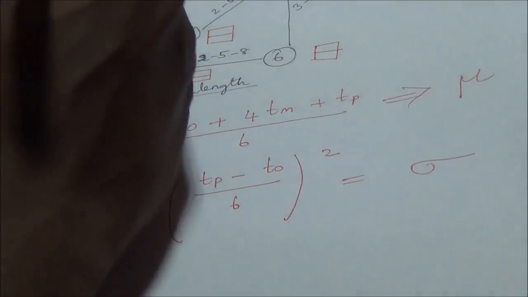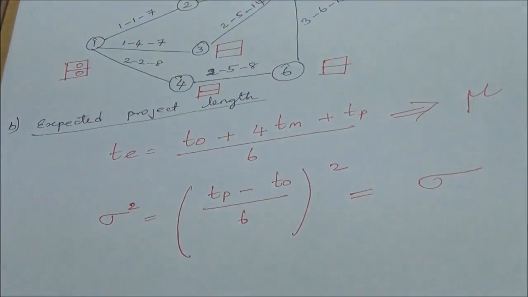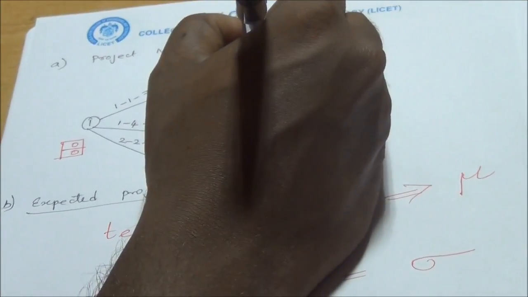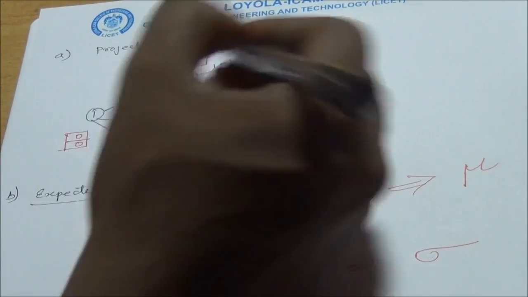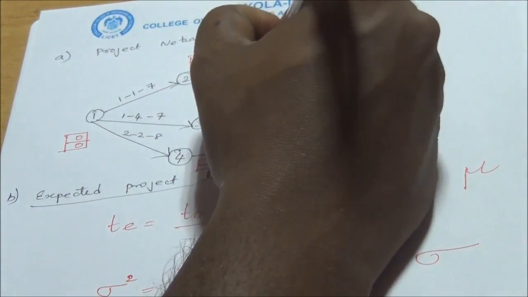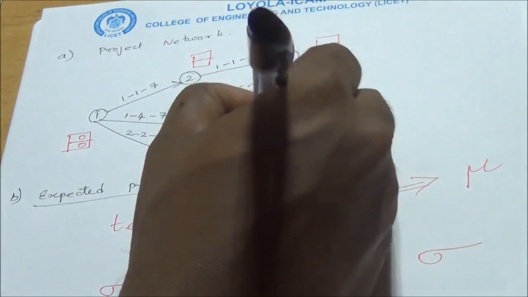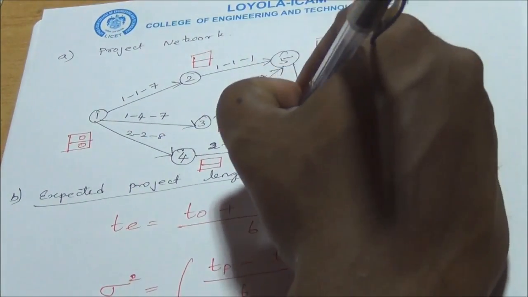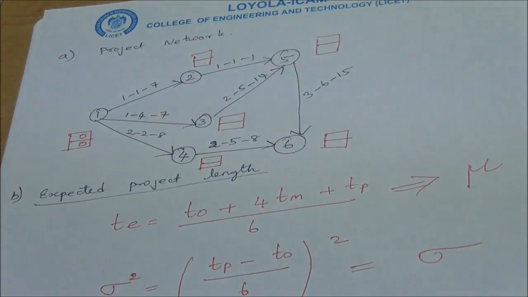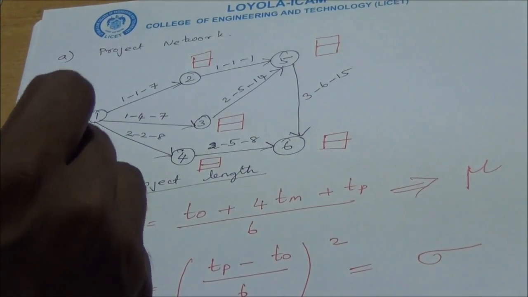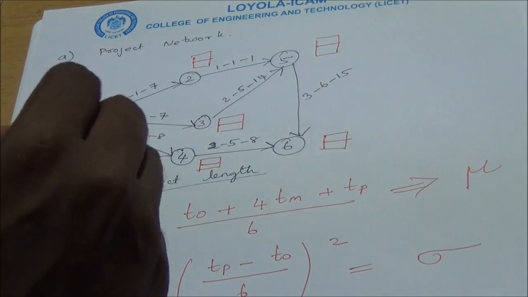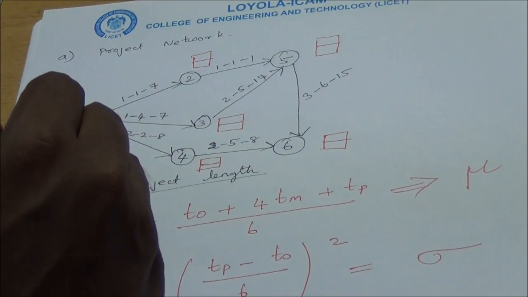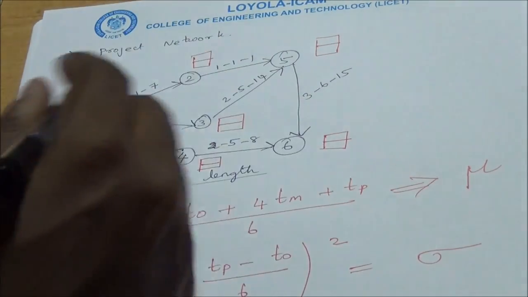So first we have to start with 0, 0, and we have to put an arrow first. So 1 to 3, 1 to 4, 2 to 5, 3 to 5, 4 to 6, then 5 to 6, like that. So here the starting node is 0, 0, and the ending node is the starting node, which is 1. We have earliest start time and latest completion time as 0, 0. This is fixed for the first node, and we have to calculate for others.